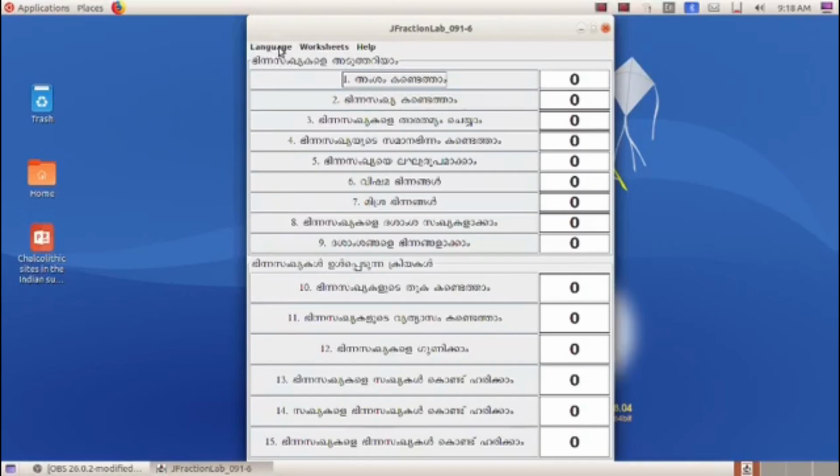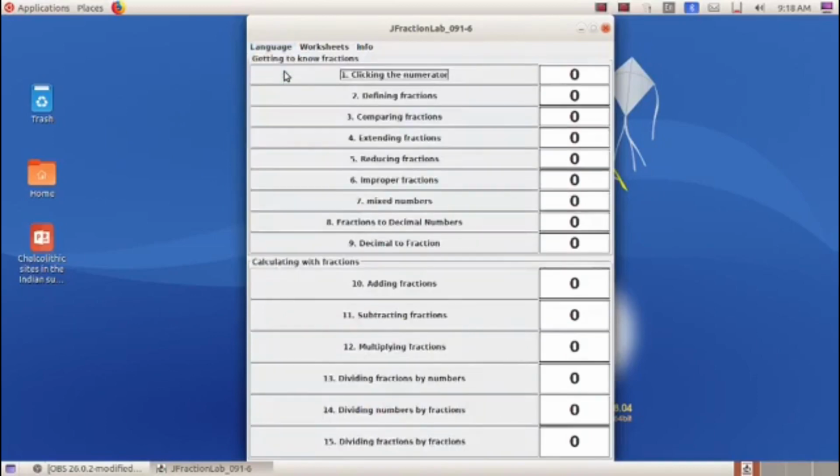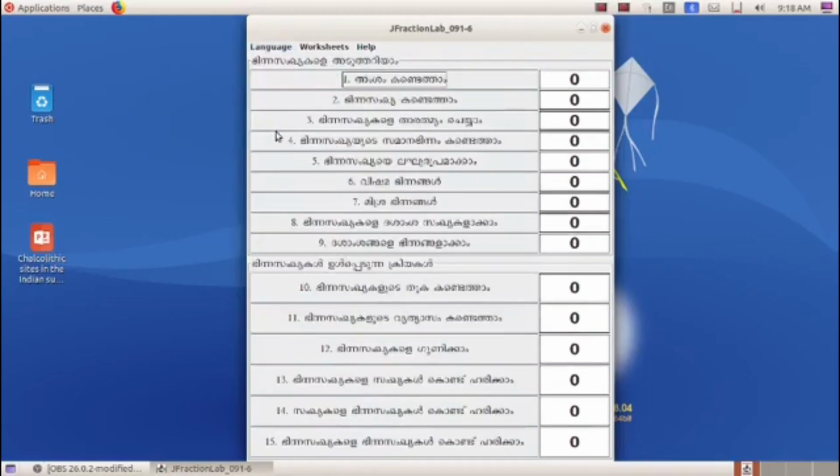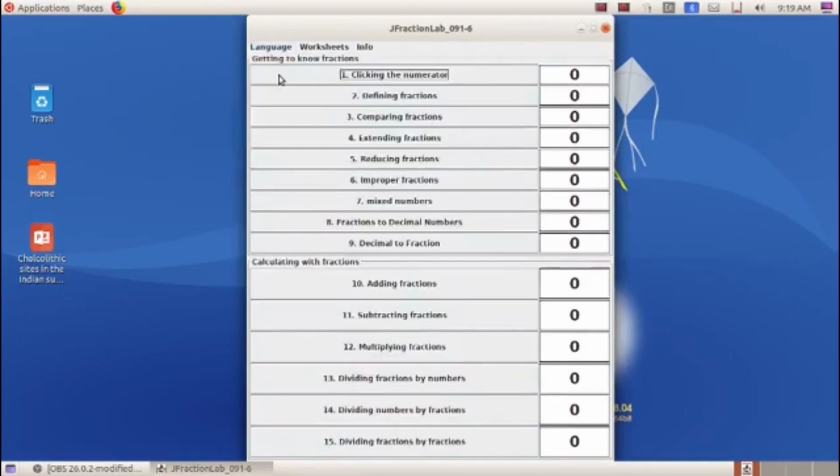Click on that and select English. Now it is in English. If you want to change again to Malayalam, click on language and choose Malayalam.